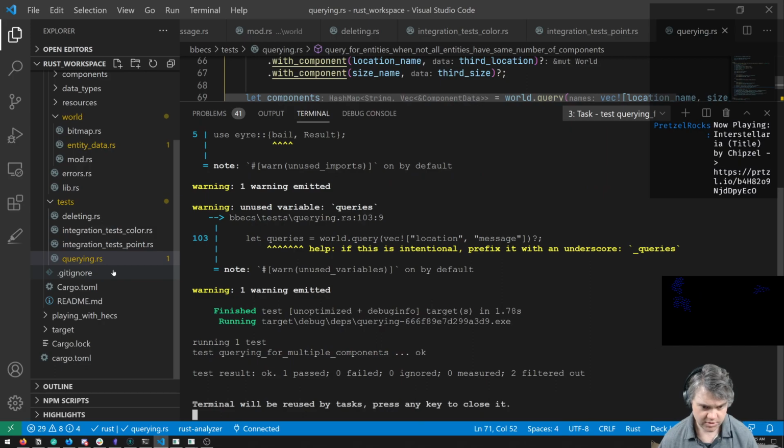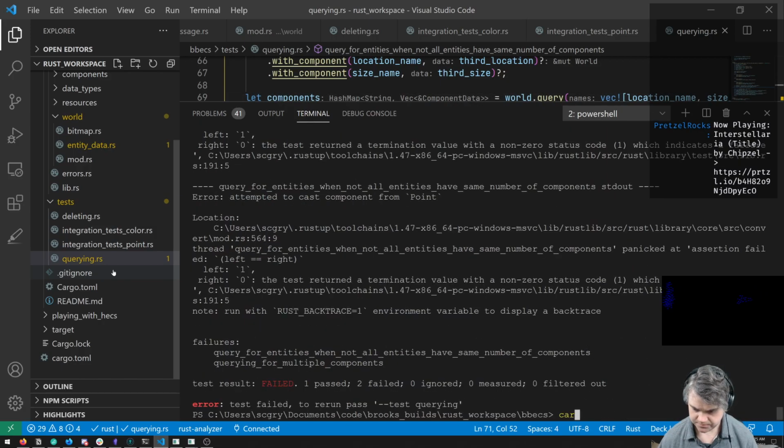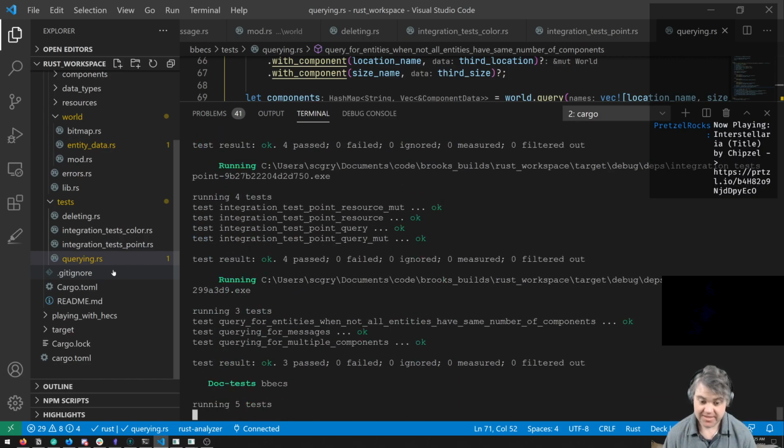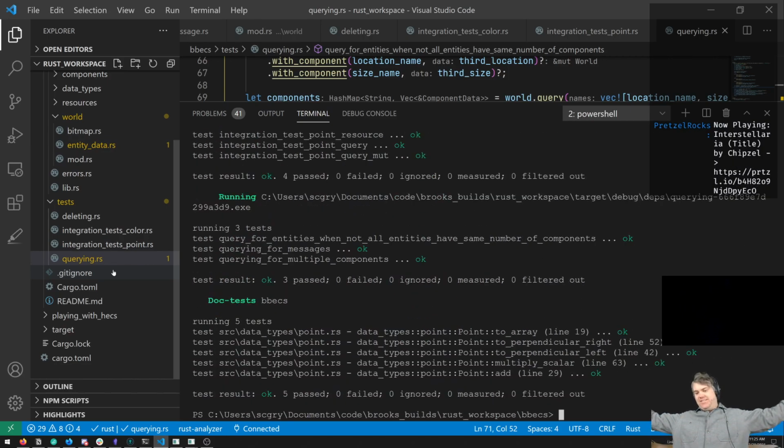Okay, so no more errors inside of here. If I run cargo test on all of BBECS, everything passes.